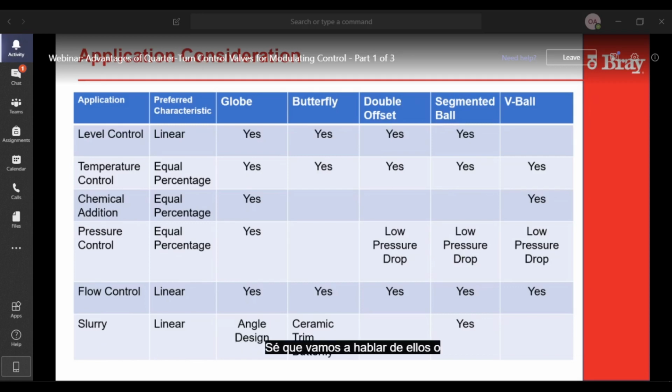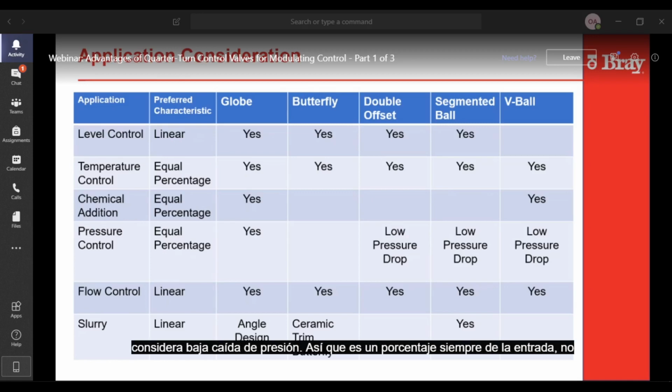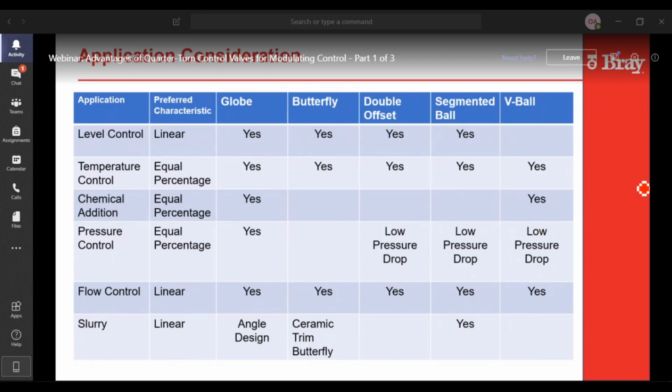I know we're going to talk about this in more detail when you're doing the second class, but just to define low pressure drop, what we mean by that is a low percentage of the pressure drop of the inlet. So let's say as an example, your inlet pressure on the control valve is 100 psi. A low pressure drop means to us as a valve company or valve designer is, like you said, 25% of the inlet. So 30% of the inlet, that's still considered low pressure drop. So it's a percentage always of the inlet. It's not like a definite PSI range, but it's a percentage of what is coming through.